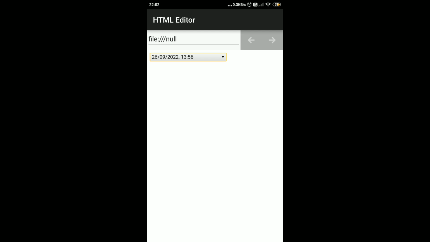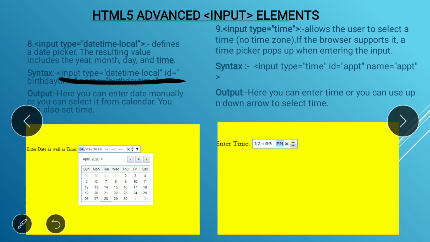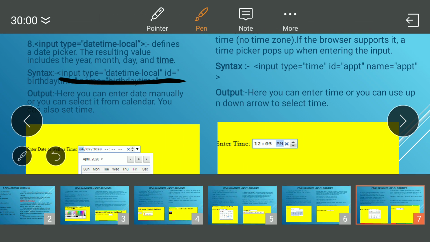You can see here, student, I already told you that the output on your mobile is different from your laptop or computer. So if you want a proper output, then you have to run your program on a laptop. But this is not necessary, right?